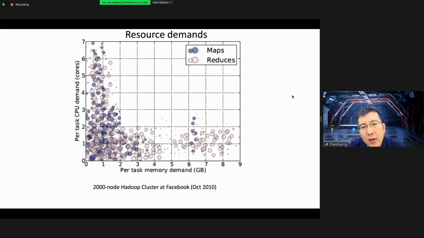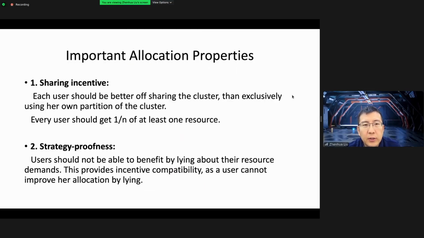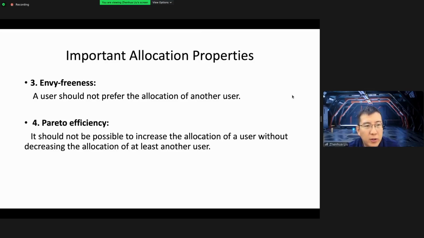As you can see, they can be very different. Some jobs really need a lot of memory but not much CPU, while there are others, the opposite, right? Which means jobs are not the same. The tasks are very different, right? So if you just use one resource to do that, then it's not sufficient. So those two properties won't hold if you just do some simple extension.